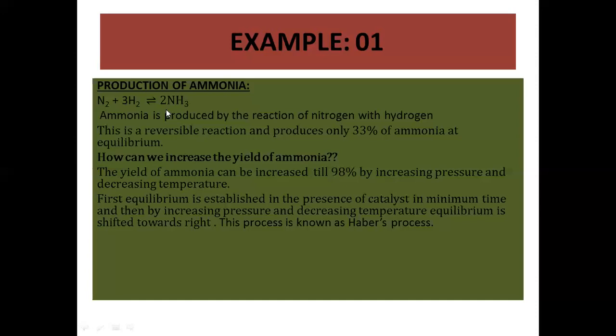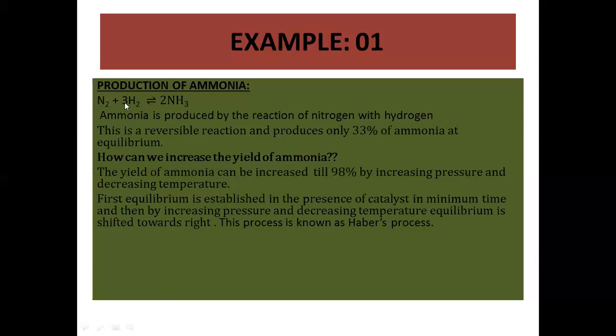It means that the number of moles here is 4, and at the product side we have 2 moles. It means the volume is less in the forward direction. So when we increase the pressure, what will happen? The reaction will go in that direction where we have less volume, or fewer moles, which is at the product side. That's why by increasing the pressure, the reaction will go in the forward direction, because there the volume is lesser than the reactants.